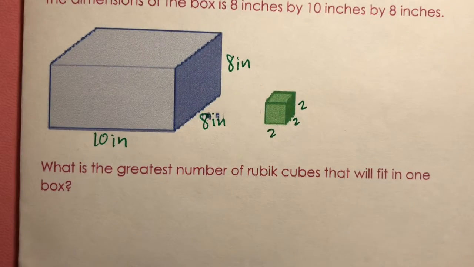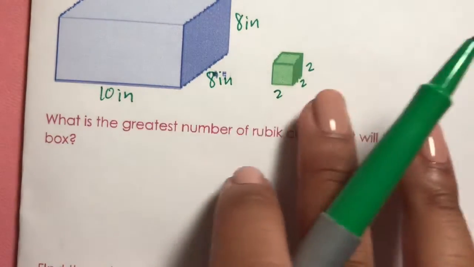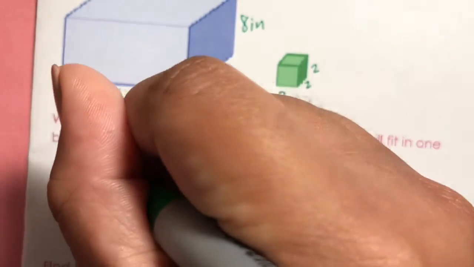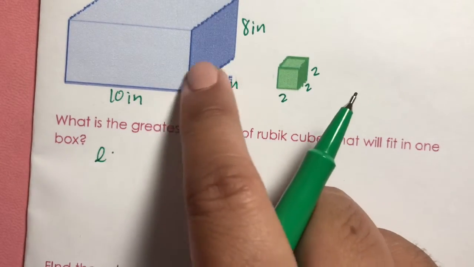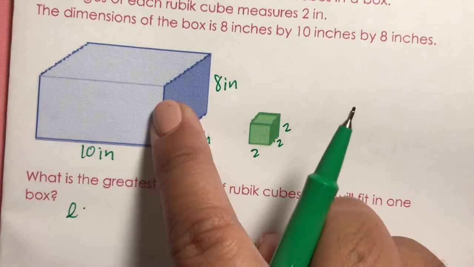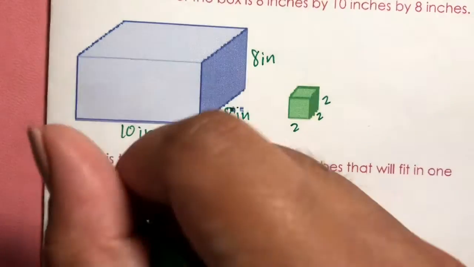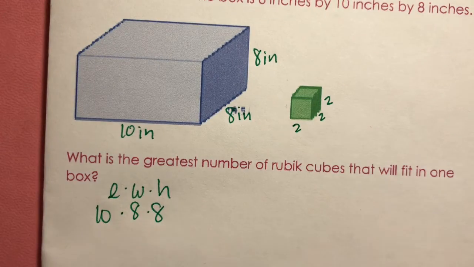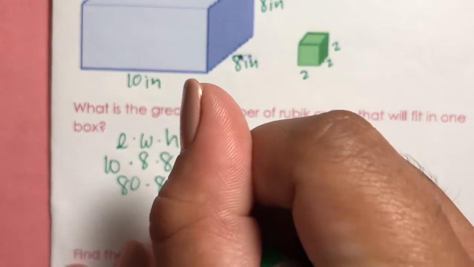They're asking us, what is the greatest number of Rubik's Cubes that will fit in one box? Before we go into that, we need to figure out the volumes of each. The volume formula is, for a rectangular prism, and this is not the volume formula for every single figure, but it's for a rectangular prism, which is what a Rubik's Cube and a box are anyway. It's length times width times height. So for us that's going to be 10 times 8 times 8. 10 times 8 is 80, times 8